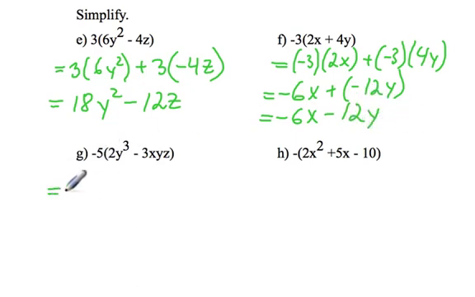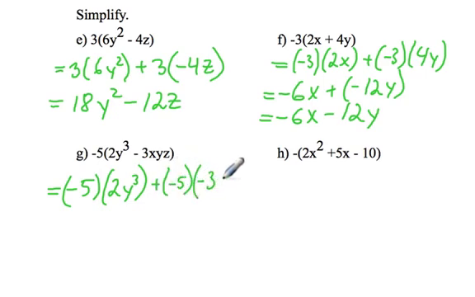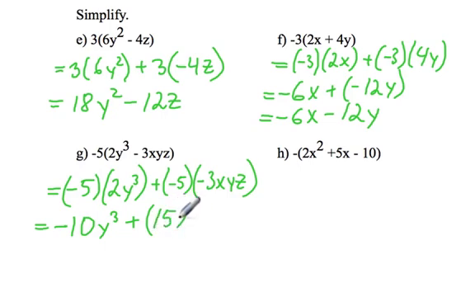Question G. Negative 5 times the first term in the bracket, 2y to the power of 3, plus negative 5 times the second term in the bracket, negative 3xyz, equals negative 5 times 2y to the power of 3 is negative 10y to the power of 3. Negative 5 times negative 3xyz equals positive 15xyz. And we can rewrite it without brackets because adding a positive number we can rewrite as just adding 15xyz